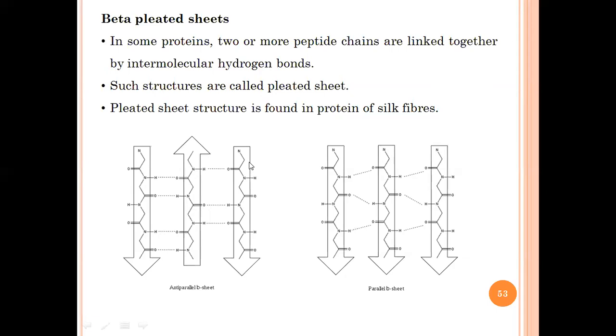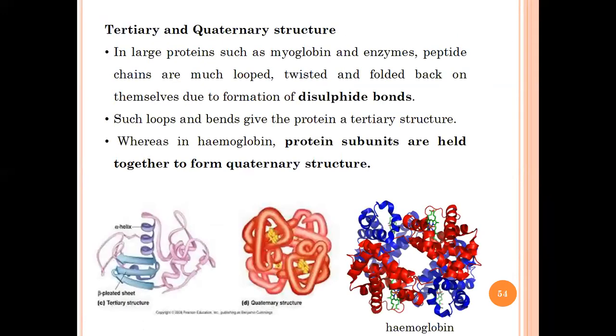So tell me, looking at the structure, which beta pleated sheet do you think is more stable? Anti-parallel. Yes, it is the anti-parallel one which is more stable than the parallel one. And I think you can understand the result looking at the diagram, because hydrogen bonding is smoother in the case of anti-parallel, but in the case of parallel it is kind of a difficulty से बनाना पड़ रहा है. Okay, and the best example of a protein जहाँ पे such kind of structure is present is silk fiber, which is produced by silkworms.